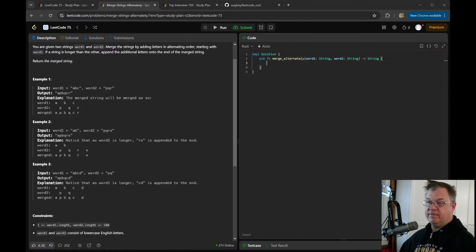There. Now it's a vec of chars. So we can just interleave that and collect it straight into our string.